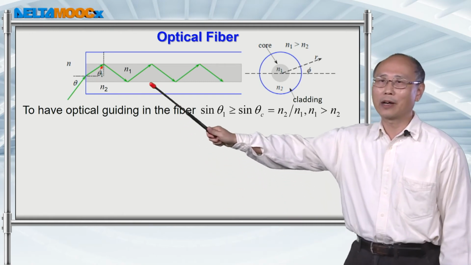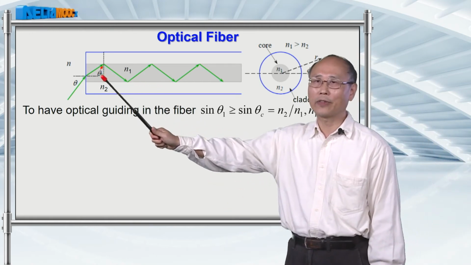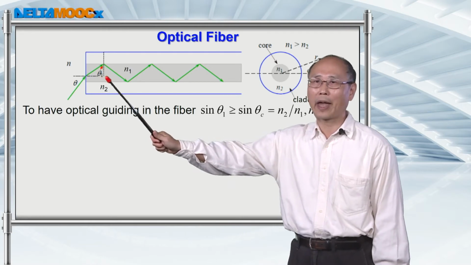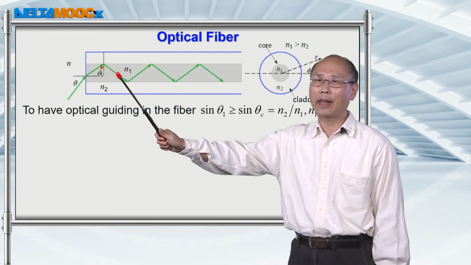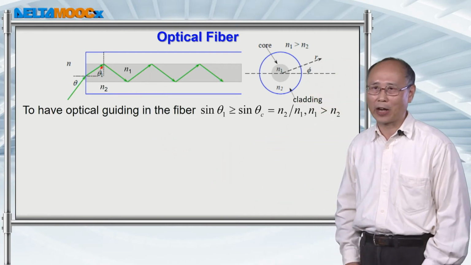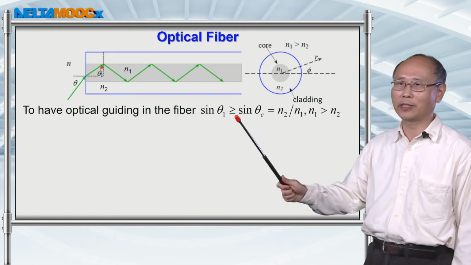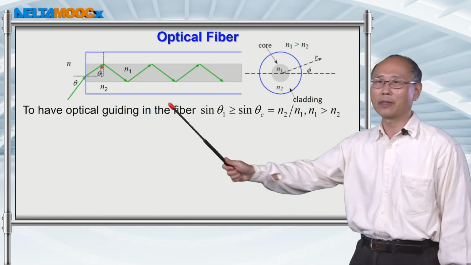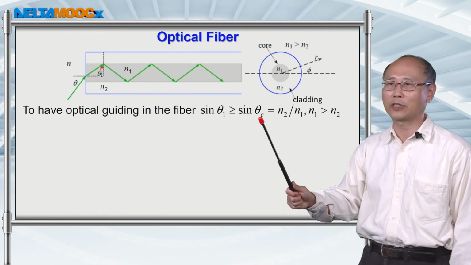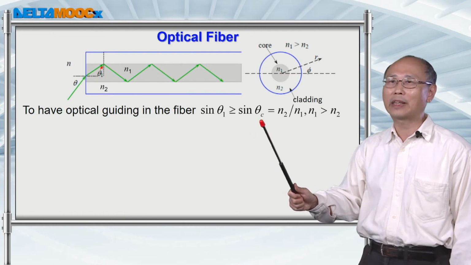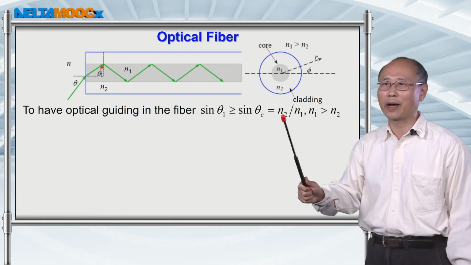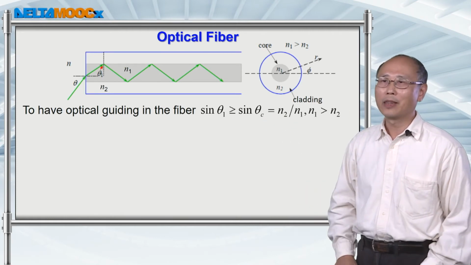And if the incident angle, theta 1, is larger than the critical angle, then all the energy of the optical wave can be confined inside this piece of optical fiber. So the condition is that sine theta 1 has to be larger than the sine of the critical angle. And from the last page, the sine of the critical angle is given by n2 over n1. Now the question is,